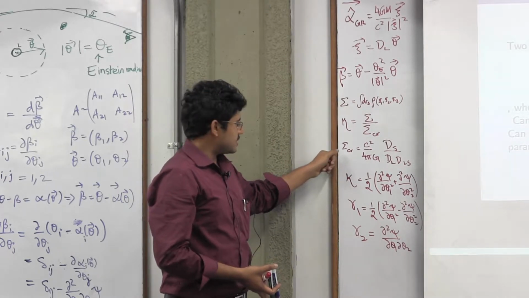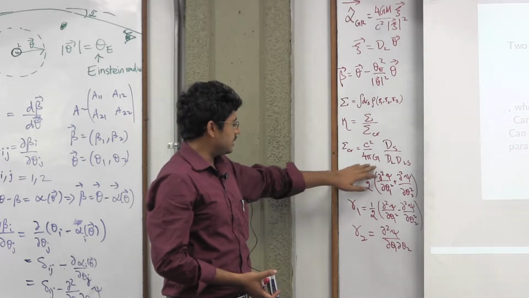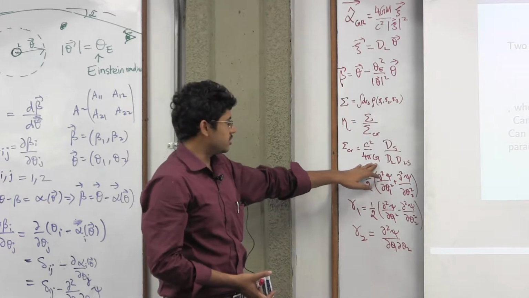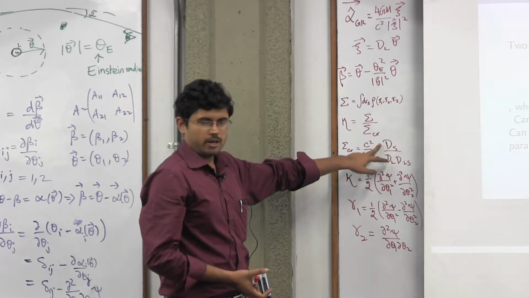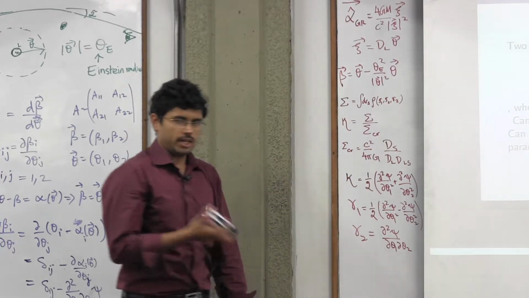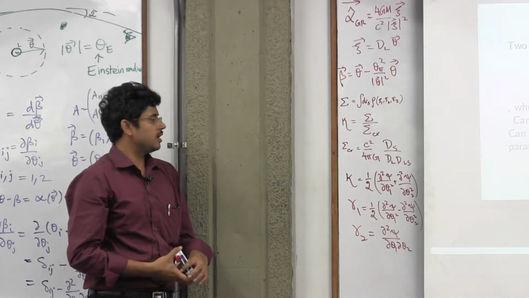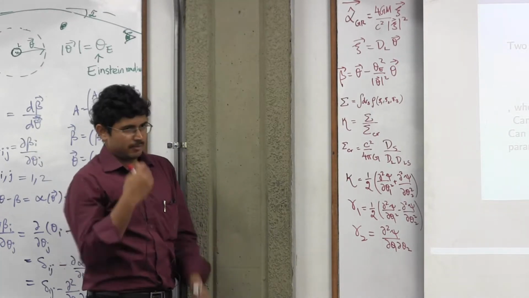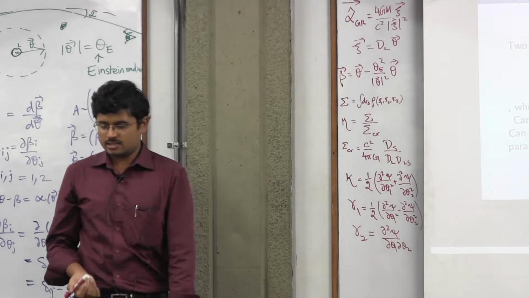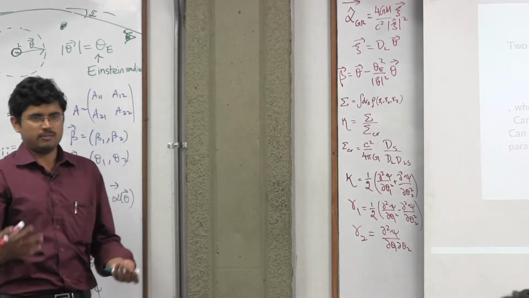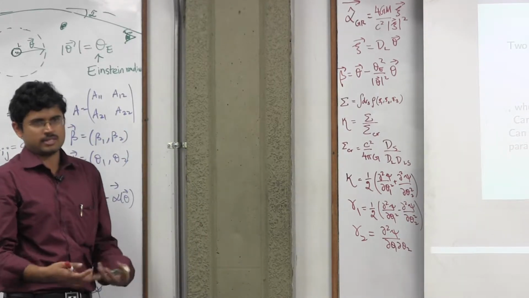The sigma critical here involves fundamental constants. These are never going to change. But these ones depend on distances. So you need to know where the source is and where the lens is. Now, estimating this distance to the source and lens is done by calculating the redshift of the sources and lens